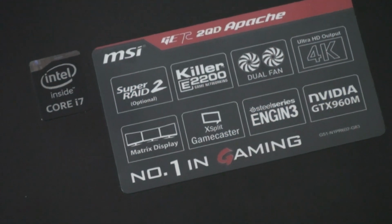It is rocking a Core i7 2.6 GHz CPU, an NVIDIA GTX 960M based GPU with 2 GB of GDDR5. It has 8 gigs of RAM and a 128 GB SSD backed up with a 1 TB spinny hard disk for all your movies and games and everything else that you're going to need for it. It has a 17.3 inch 1080p low glare screen and it has, as you can see here, a SteelSeries based